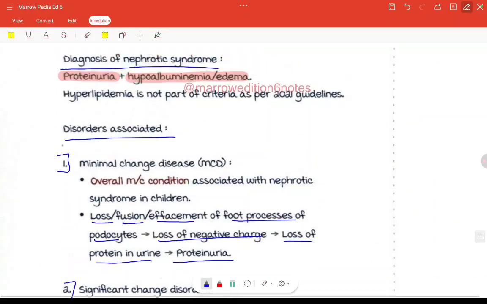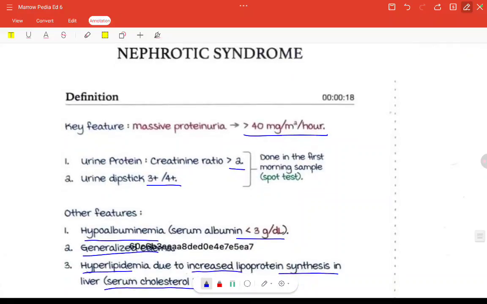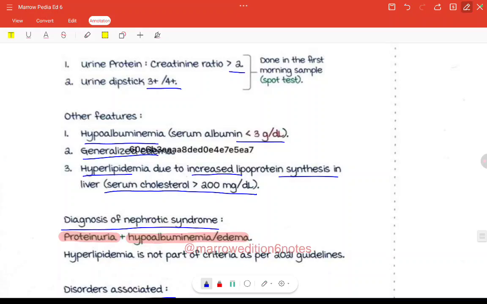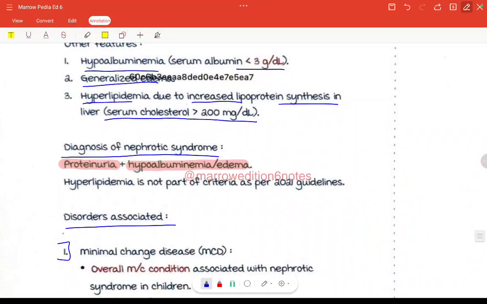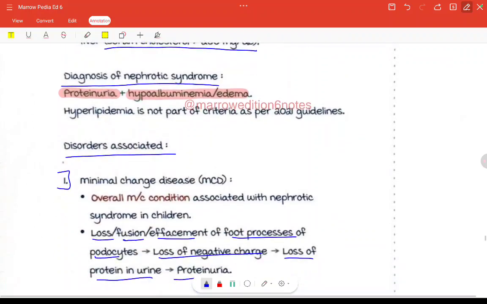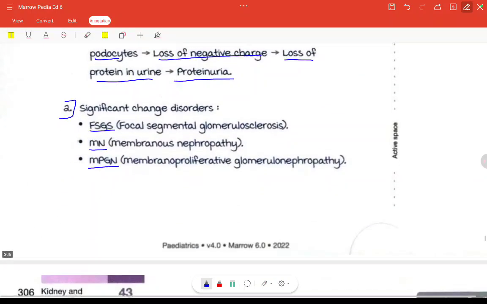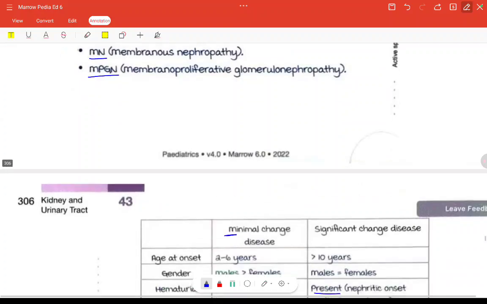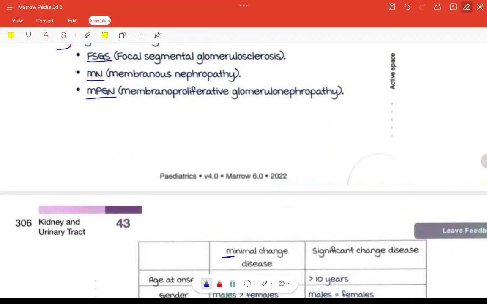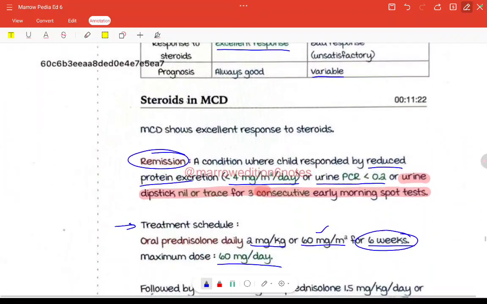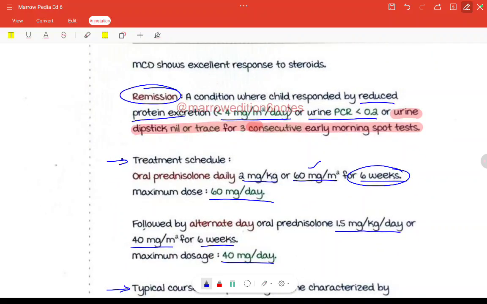Let's see what we have read till now in nephrotic syndrome. There will be massive proteinuria of more than 40 mg per meter square per hour, urine protein creatinine ratio more than 2, and urine dipstick 3 plus or 4 plus for protein, hypoalbuminemia, generalized edema, and hyperlipidemia, with serum cholesterol more than 200. To diagnose it, there must be proteinuria and hypoalbuminemia with edema; hyperlipidemia is not included in the criteria. Minimal change disease and significant change disease. Significant change disease includes FSGS and MN,